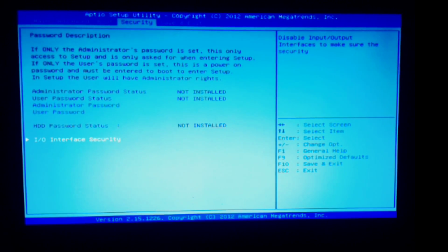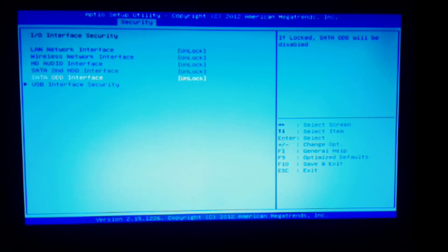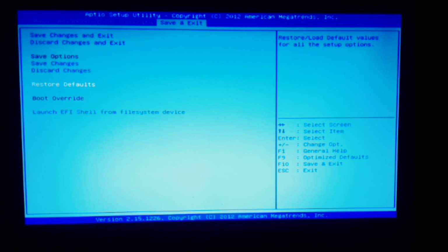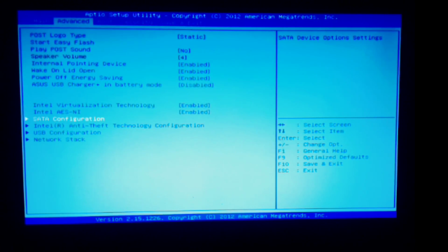Security, and everybody's like, make sure you turn this off, make sure you turn that off. Well, let's see here. That's all unlocked. That's all unlocked. Okay, and then my final option is save and exit. You would think restore default works. Nope. Launch EFI shell from file system device. Well, it would help if we had a file system device. But do we? Let's go into,